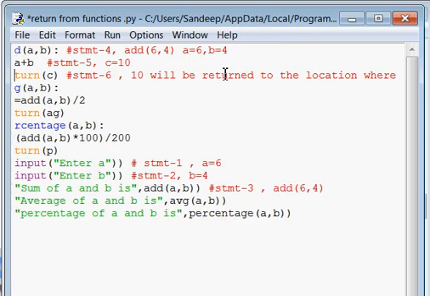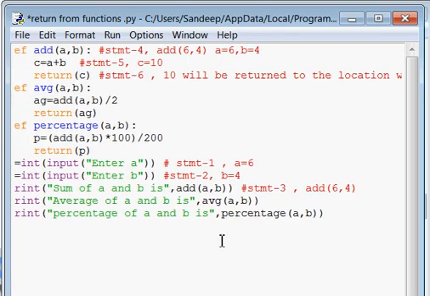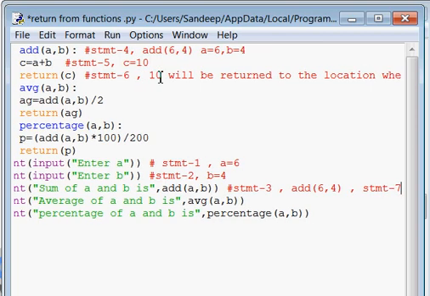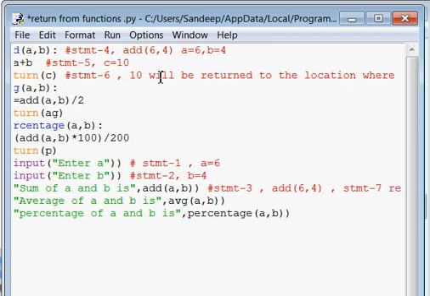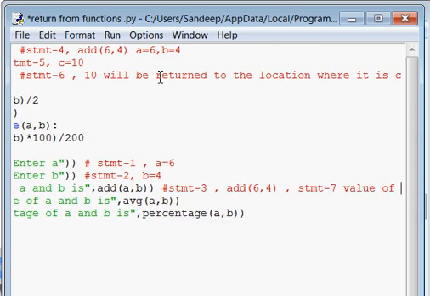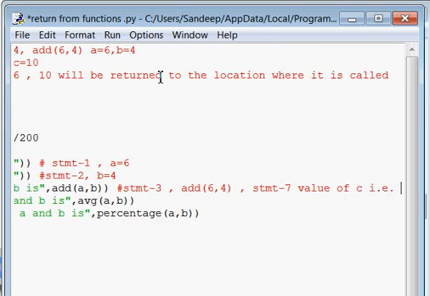From where did you come inside this function? You came from this statement. So the returning statement, statement 7, will be executing, returning the value of C, that is 10.